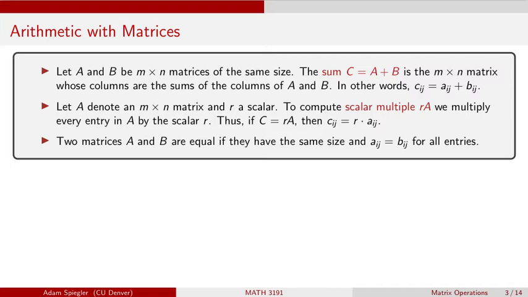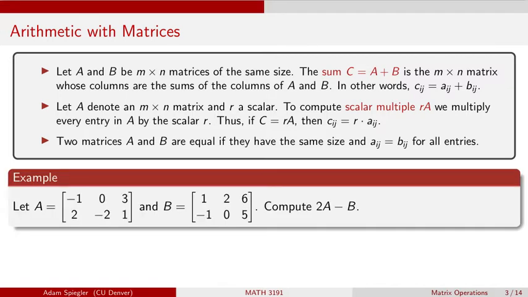So let's take a look at an example. Let's consider the matrix A, which has 2 rows and 3 columns, so this is a 2 by 3 matrix. And we're going to add that to matrix B, which also has 2 rows and 3 columns. So, okay, these two matrices are the same size. That's great, we can add them. It's worth noting here that these two matrices are not equal to each other. They have different values in the first entry, so that would be enough right there. So let's compute